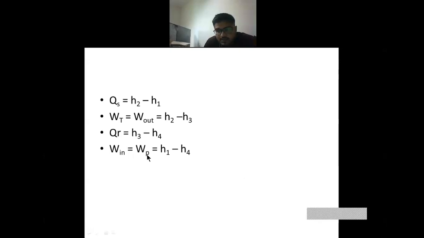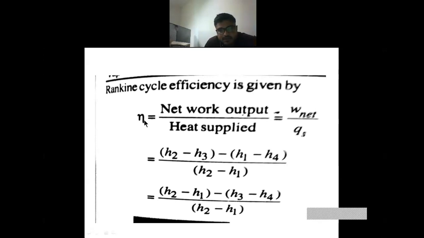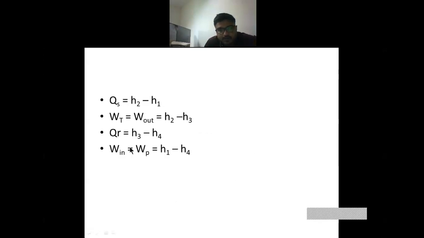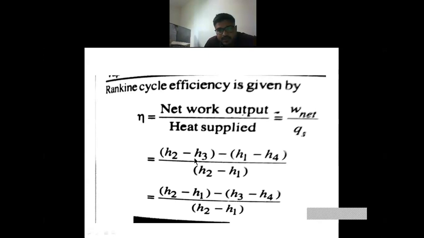Now to produce electricity, what are we supplying? We are supplying heat by combustion of fuel. It may be coal, it may be oil, but by combustion of fuel, we are supplying heat to the boiler. So this is our input, Q supplied, H2 minus H1. Clear? So now we will discuss the equation of efficiency: W net divided by heat supplied. I told you what W net is: work of turbine minus work of pump, divided by heat supplied. So you can compare here, work of turbine is H2 minus H3. So the same thing we have written here. Clear? So this is the equation.